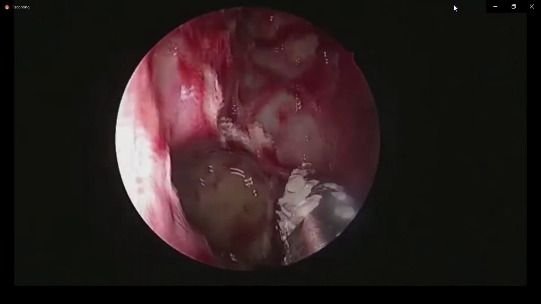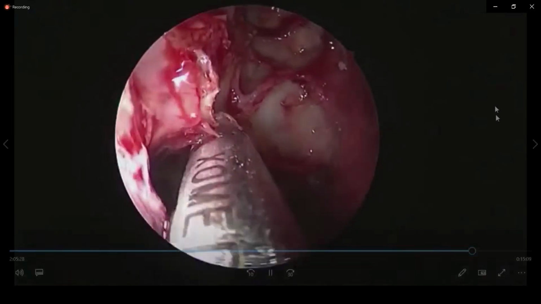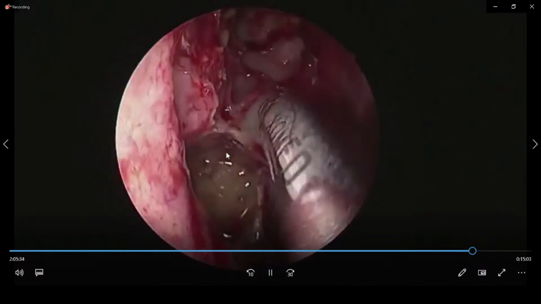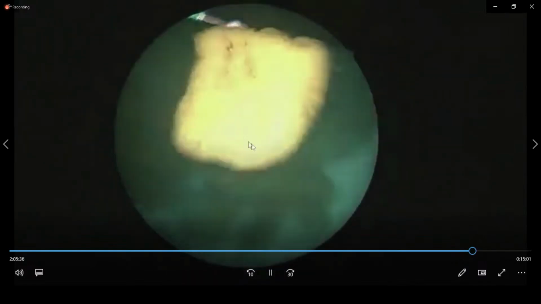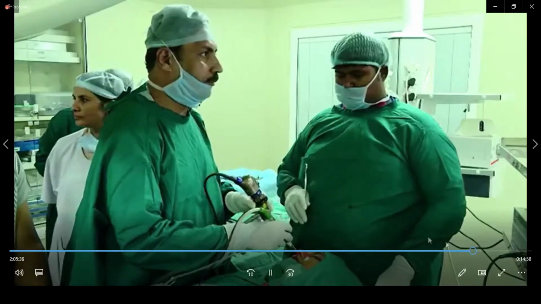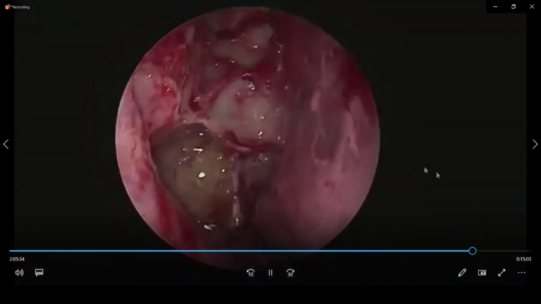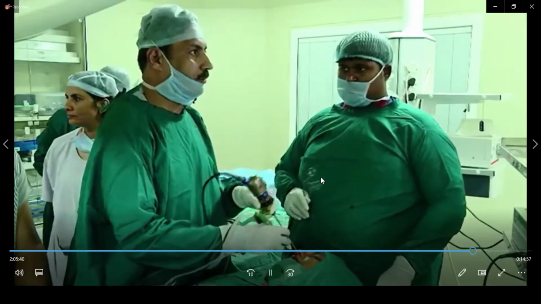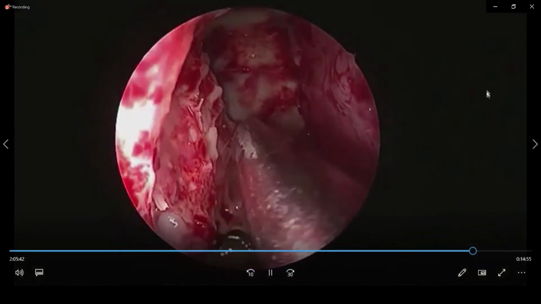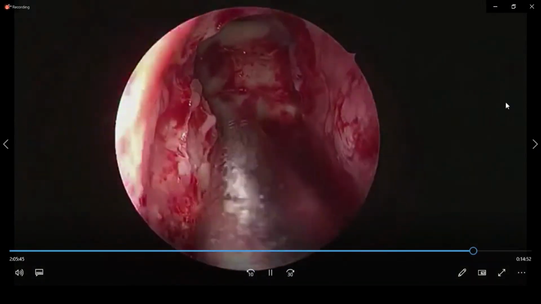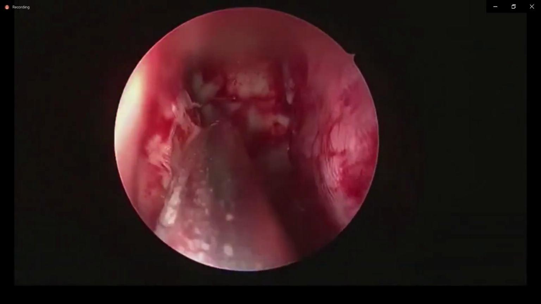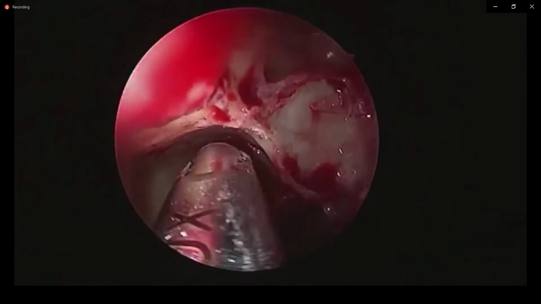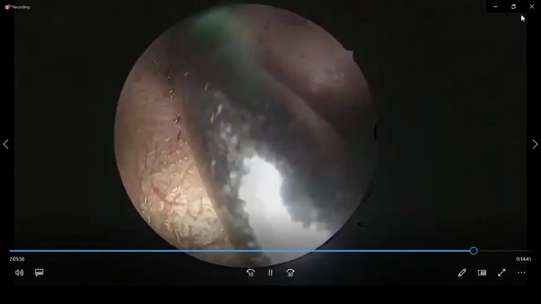One should not disorient, and what I'm showing here is the roof of the maxillary sinus. This is called the maxillary line, the level of the roof of the maxillary sinus, which is a very important landmark. This is the ground lamella. Behind the ground lamella is the posterior sinus, and behind that is the sphenoid sinus. Sometimes one of the posterior cells, an onodi cell, grows beyond the sphenoid sinus and can disorient you from entering into the sphenoid sinus. So in that situation, what we do,